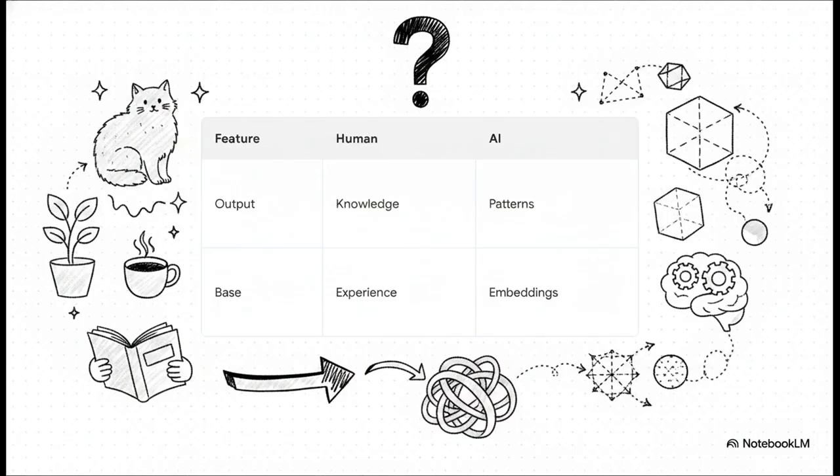Think about the fundamental difference here. True human comprehension is founded on actual physical world experience, which results in real semantic knowledge. You actually know what a cat feels like. The transformer, however, is built purely on word embeddings, which are just mathematical representations of text. Its output is just highly advanced statistical pattern matching. It can give you medical advice without understanding a drop of medicine, and legal analysis without understanding the law. It's an elegant, absolutely brilliant statistical map, but trusting its magic blindly, that's a dangerous trap.